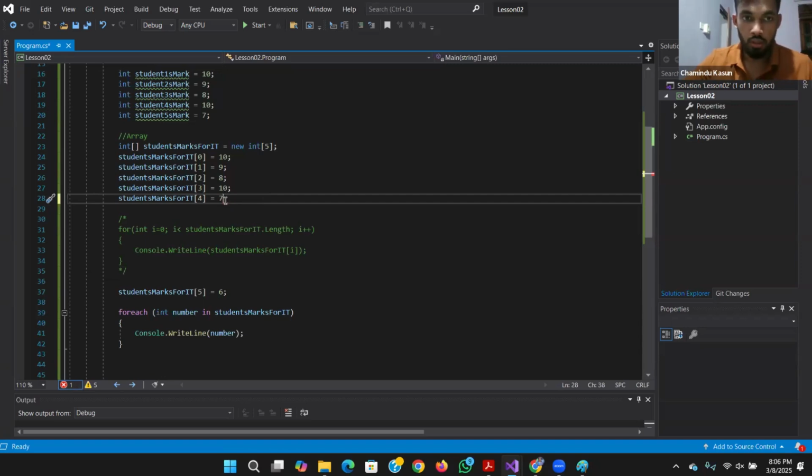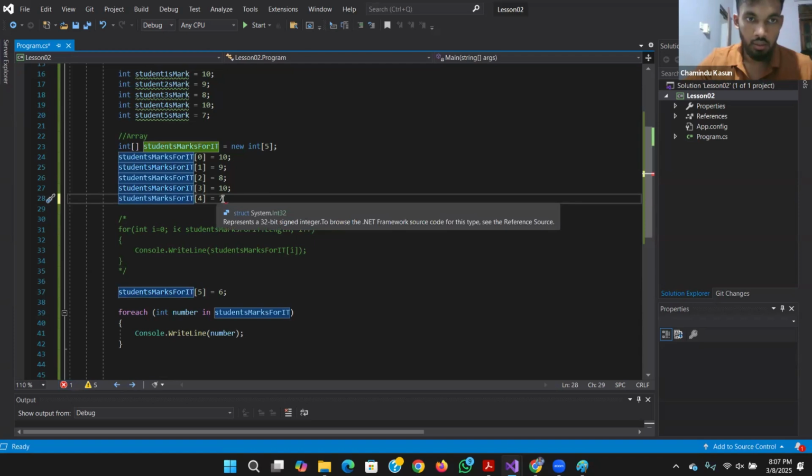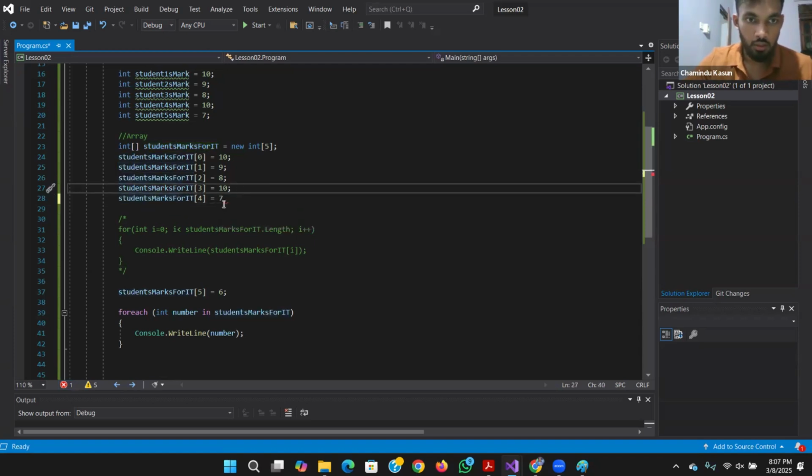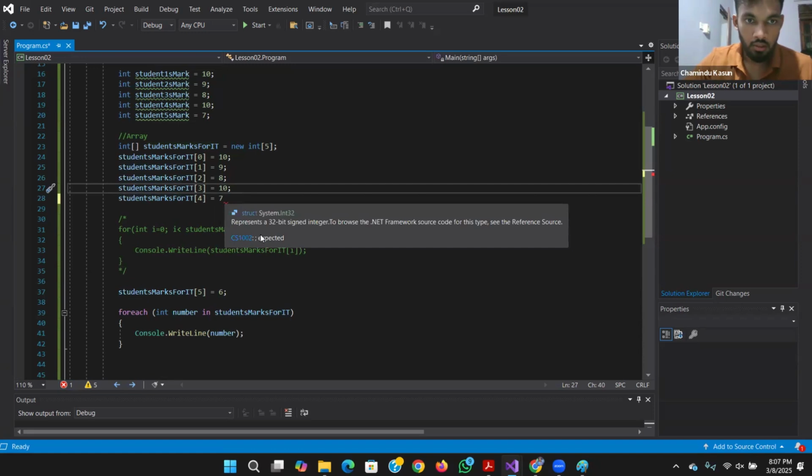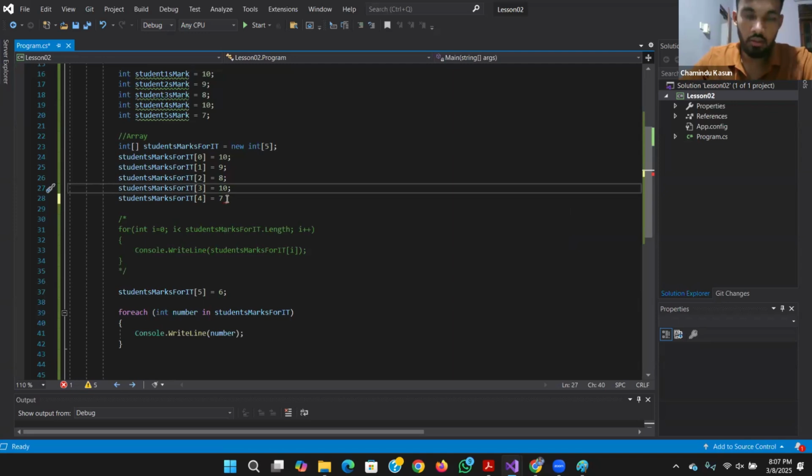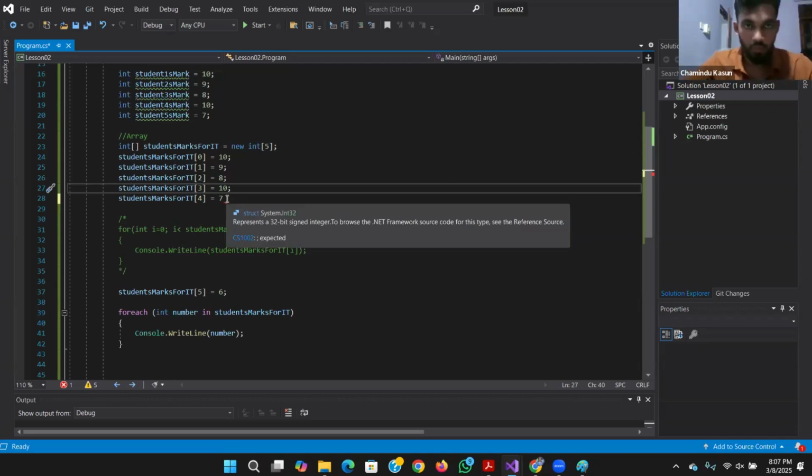If I did not put the semicolon, it gives me an error here. It's saying semicolon is expected. So these are called compile errors, right? So compile errors. So before running the program, we